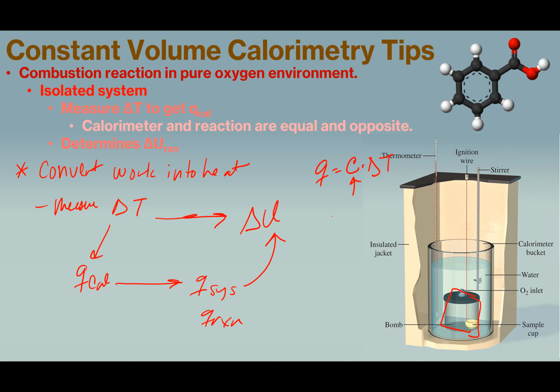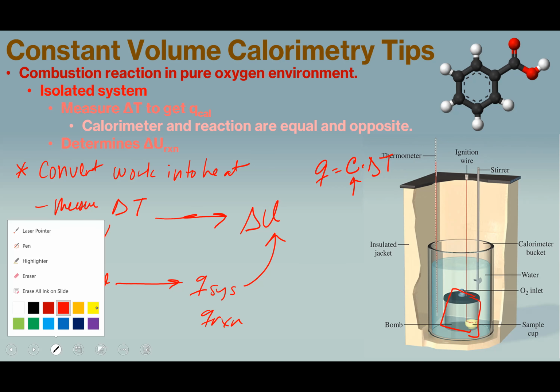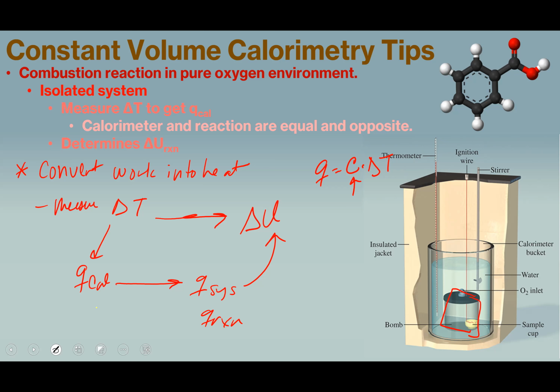So if you're going to do a bomb calorimeter, you do a control experiment that calibrates the calorimeter. For example, that's why I have this up here. This is benzoic acid. Benzoic acid has a known amount of heat that comes out, and so you calculate the heat capacity. Say that 1.000 grams of benzoic acid, we don't need to know the formula or the molar mass, gives off